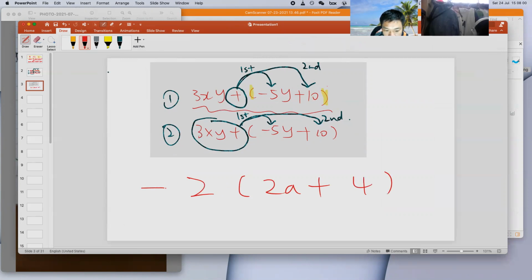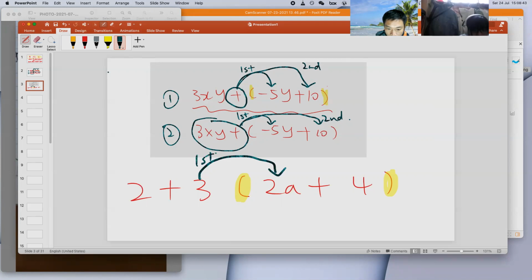Do you understand this question? 2 times bracket 2A plus 4. Okay, good. Do you understand this question? 2 plus 3 times. Okay, good. That means you understand this question. Can you see there is a bracket for this question also? Yeah. Okay, so the question I ask you is, do you take the 3